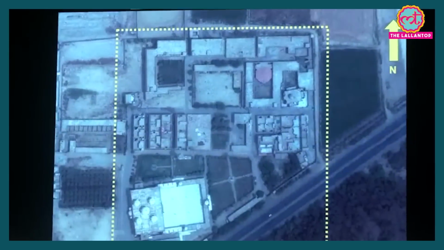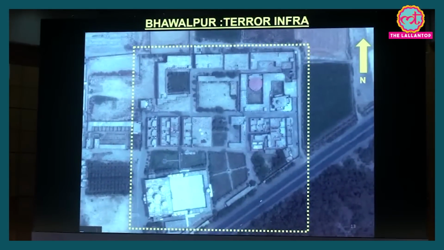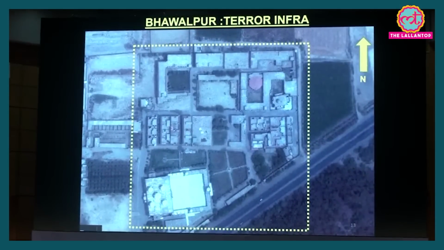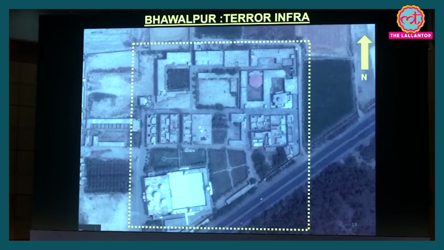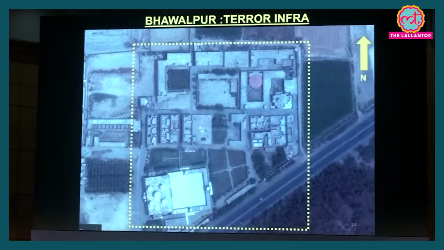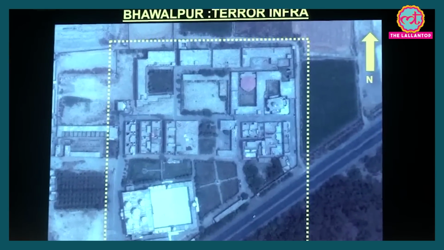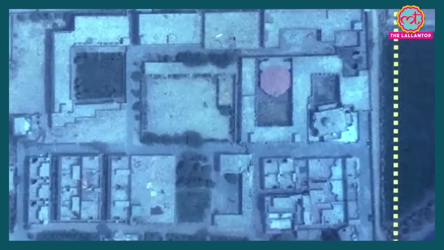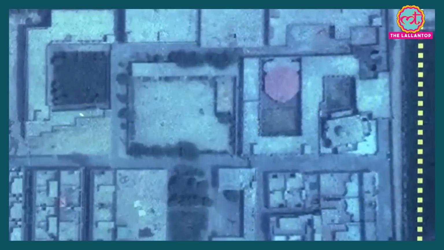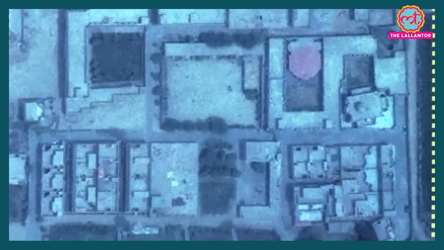Next. Now coming to Bahawalpur, this is the target complex that we are dealing with, a fairly large target complex. So we had to carefully choose the points that we needed to address, which were high value and which would meet our stated objectives of eliminating the terrorists. I would like to draw your attention to this red canopy, and in relation to that, I would cover the targets. One target system is a series of buildings here, other one here, and other one out here. Next slide, please.